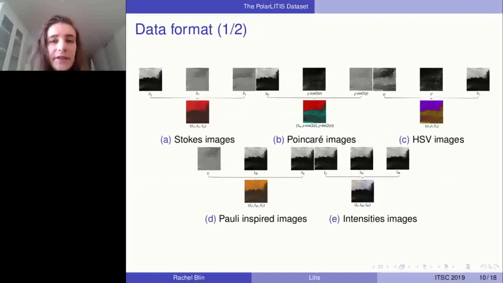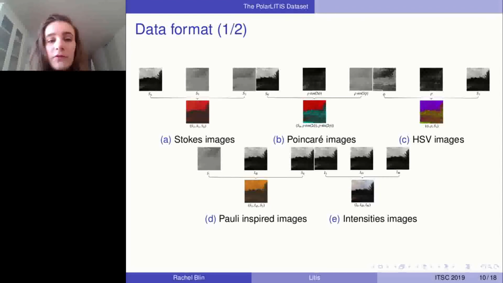Because our dataset doesn't contain enough images to train a deep neural network from scratch, in order to be able to use a pre-trained network for the training process, it was important to constitute 3 channels images from polarimetric features. We came up with 5 data formats, which are the Stokes images, the Poincaré images, the HSV images, the Pauli-inspired images, and the intensities images.